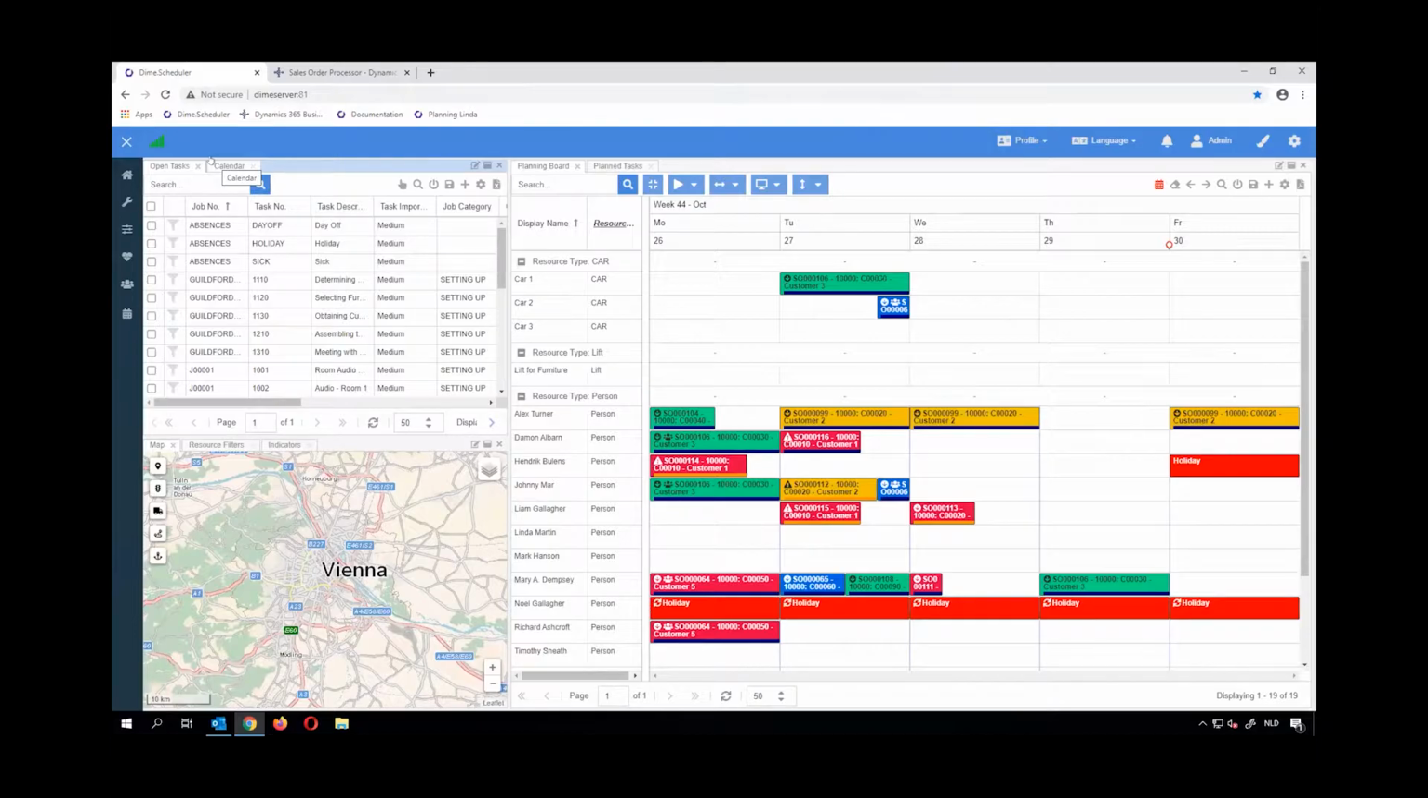To set the scene here a little bit, I would like to guide you through the different components that we have available on the screen so everybody knows what everything does. And we will start here in the upper left corner. We can see here we have an open tasks grid. So this is basically a collection of tasks that are still open, that still need to be planned or that